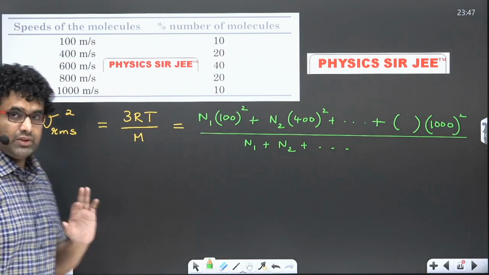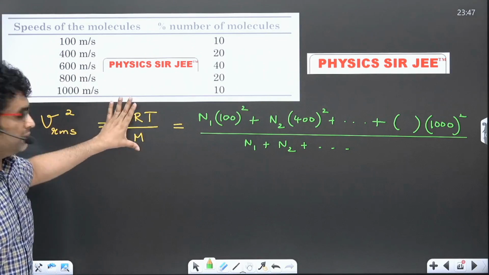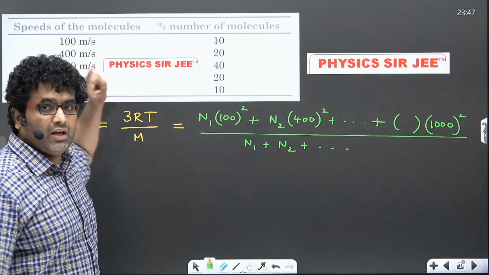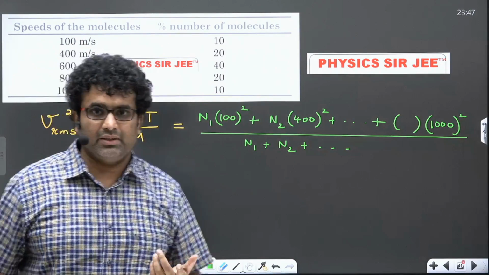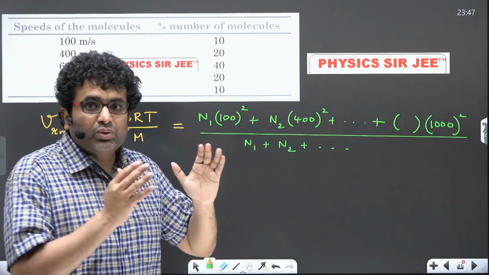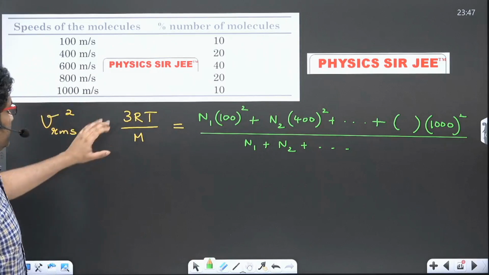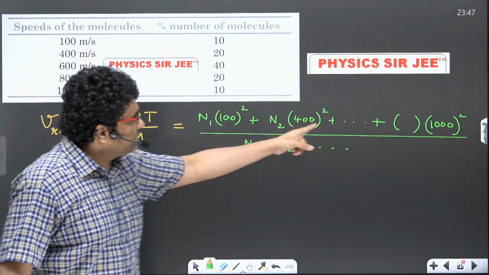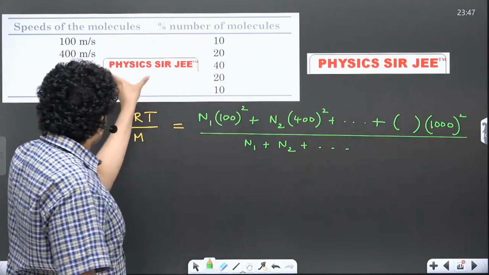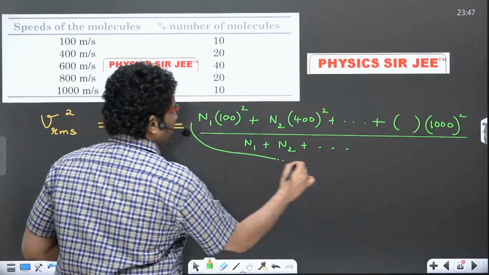Now think about this. Imagine I write this for T initial. This 3R by M, I don't know, because he's mentioned ideal gas, but he never mentioned the molecular mass. So I have to eliminate that in my answer. We are looking at how to solve this problem without any hiccups in the examination. So my job would be to eliminate this. If I write T initial, all these numbers would be there because all the contributing parts are there, divided by the sum. So can I now replace this part?